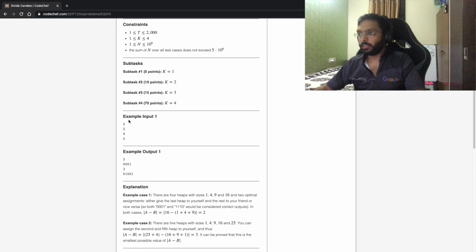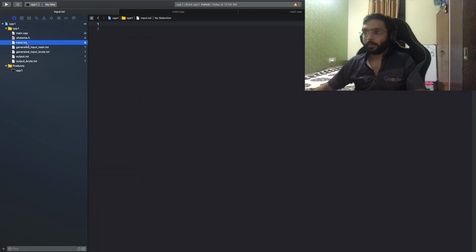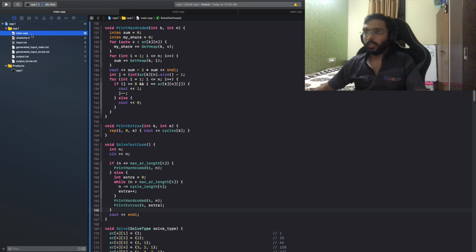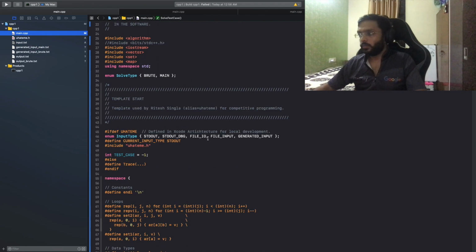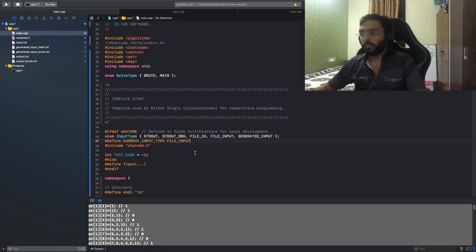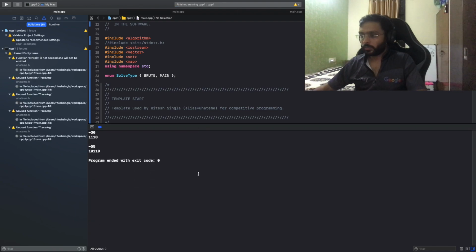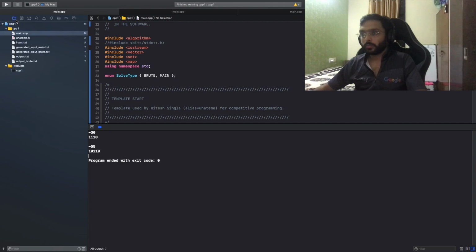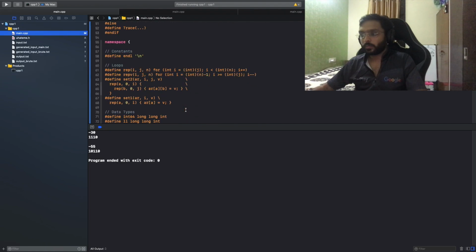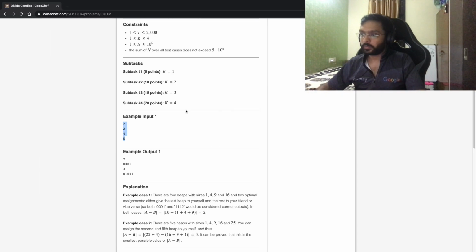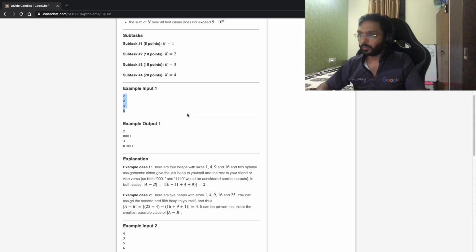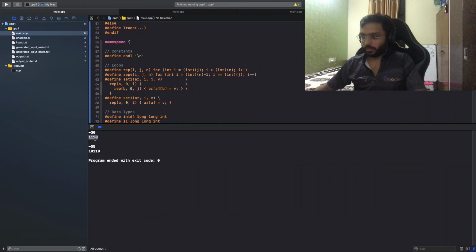Let's just test it out once. So this is my template where I will input from this particular file and output on the terminal. So interestingly, the arrangement is fine.